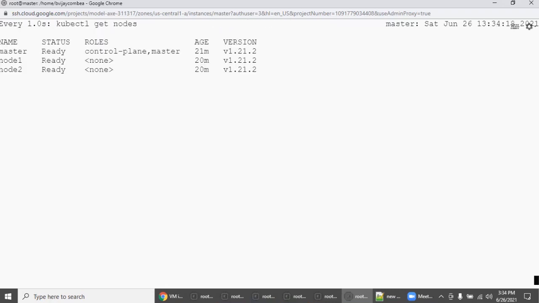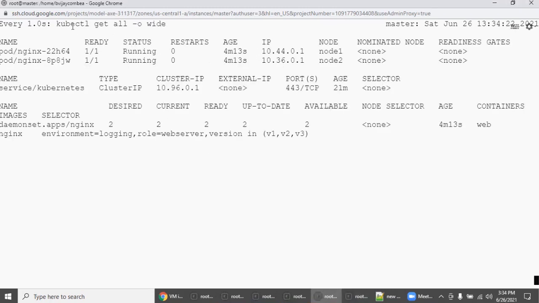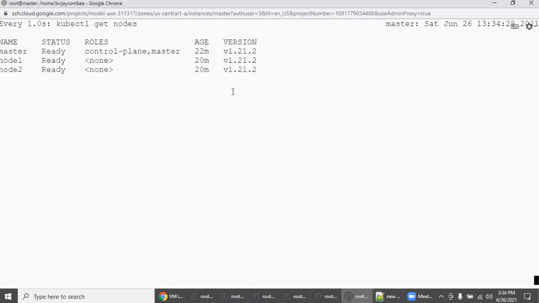In this, better to run watch -n1 kubectl get nodes. This command you can keep running. To verify, there is one window with kubectl get all -o wide, and another window with kubectl get nodes.